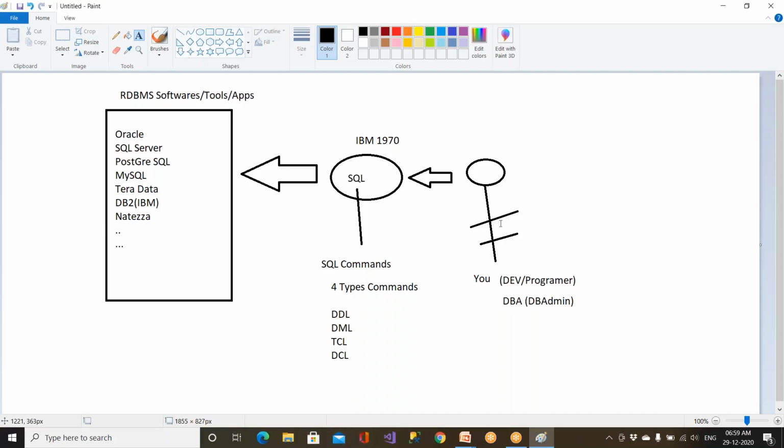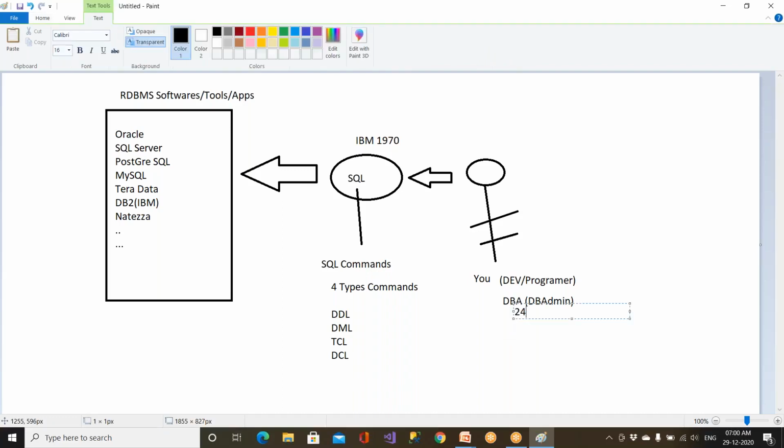Clear? You guys are called creators. Developers means creators. We are going to be writing the software, but tomorrow somebody has to maintain the server, right? Whether the server is on or off, or do we have the latest software? Is there any space issue in the server or not? So all these things will be taken care of by the DBA team. Clear? So these people also have to learn SQL. Clear? So that is what is very, very important. DBA means database administrators, and we are called database programmers.